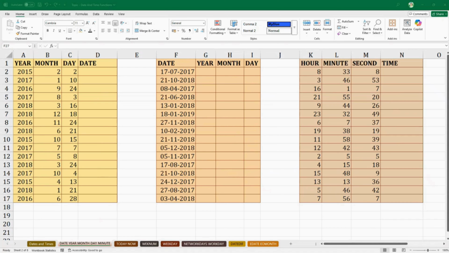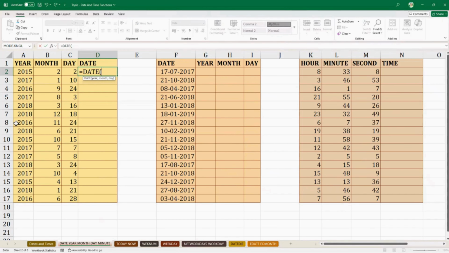We are on this sheet: date, year, month, day, and minute. And we want to combine all these years, months, dates, which are in separate columns, to form a date. So is there a way we can do it? Can we form them as a date? So yes, we can. So we'll use a function called date,